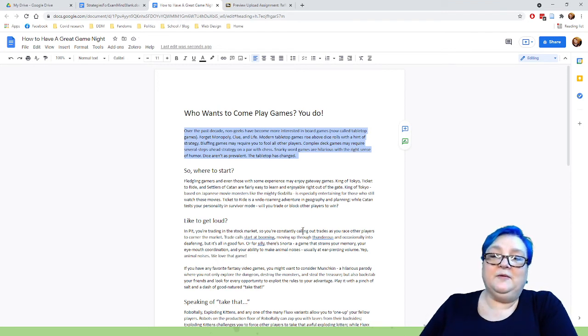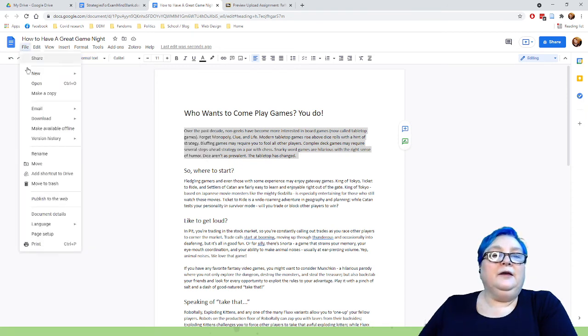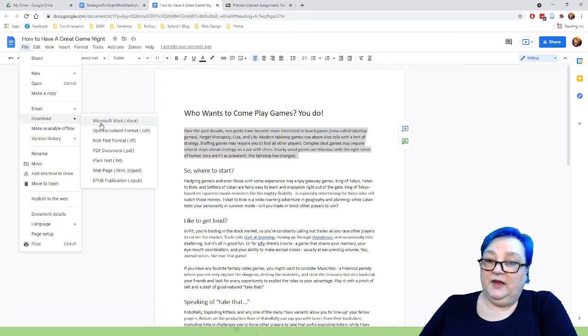This is essentially what happens when you download in Microsoft Word format, but you've done it by hand, and now you can see what the changes are going to be. You're going to do the same with heading 1 and heading 2, highlighting each of them, changing them to what Microsoft expects, and then using the Update to Match. When you're done, you're going to click on File and Download Microsoft Word and download your assignment as a finished Microsoft Word document, and it should look pretty close to what you see on the screen.